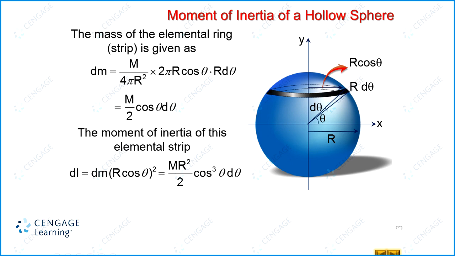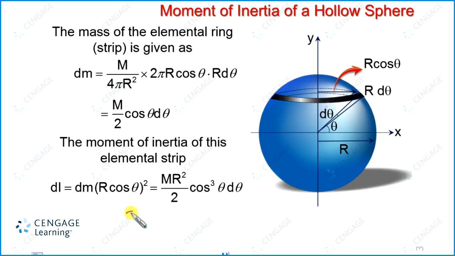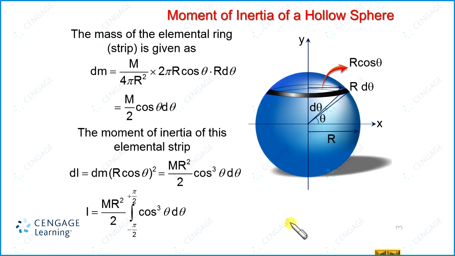So here I equal to integral of dI, right? And in the integral of dI, this term is a constant. That means the integration will be with this term, that is cos cube theta d theta. So let us write this relation, and the limit of integration should be equal to minus pi by 2, because this angle at the lower side should be equal to minus pi by 2 and upper side should be equal to pi by 2. So this is minus pi by 2 to pi by 2, or here we can write 2 multiplied by 0 to pi by 2,